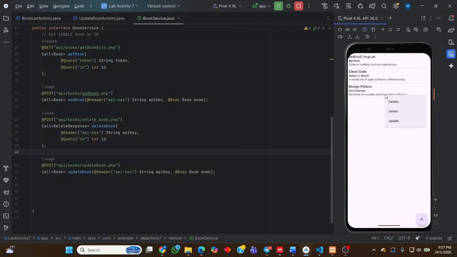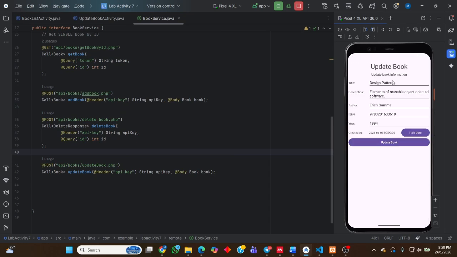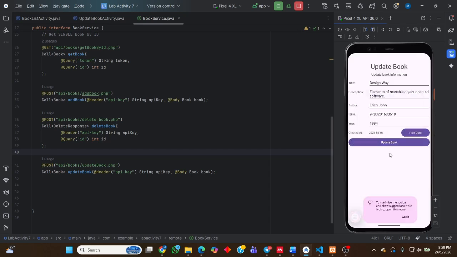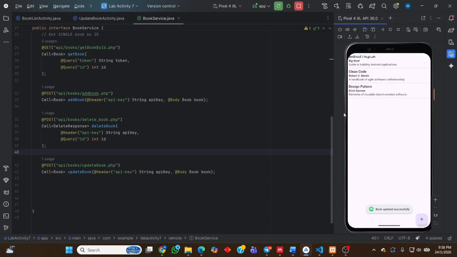Let's test our application. I want to edit this one. Let's update the title and also the author of this book. We can also pick a new date, let's say 6th of January, and we click update book.